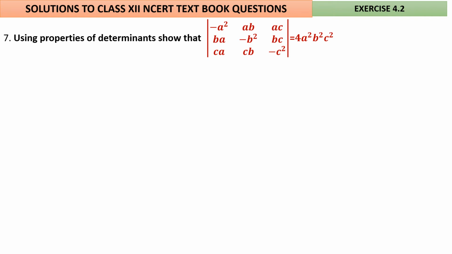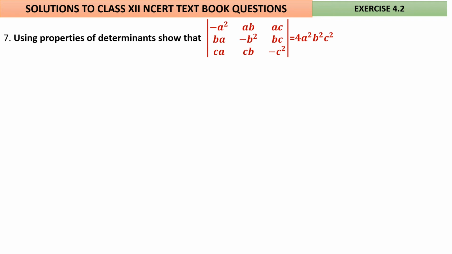I will give you one clue over here. Here what we are going to do is, we are going to get on the right hand side one factor after another by going on doing the operations. What are the factors on the right hand side? a square, b square, c square. We will try to get a square outside. Again the determinant will change. We'll get a little bit changed. Then again we will try to get b square outside. Then the determinant will become very weak. Then we will expand it and then we will get that 4c square.